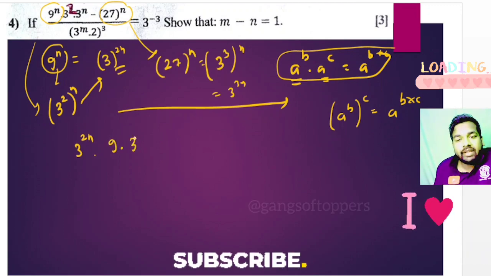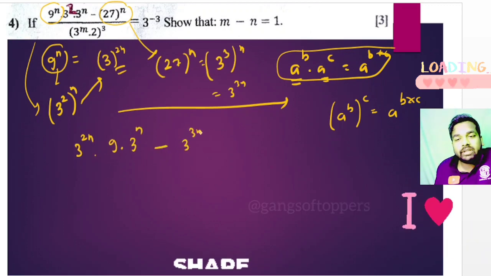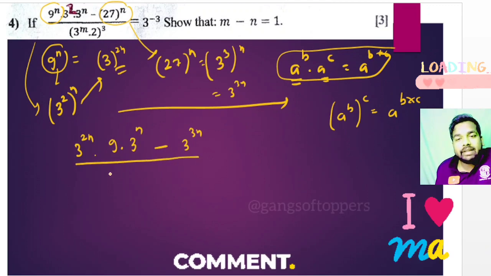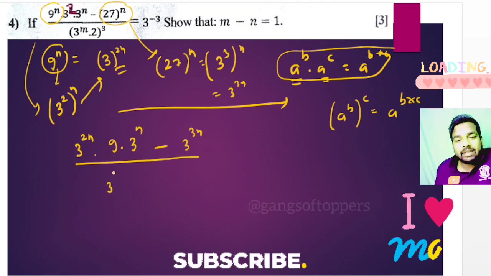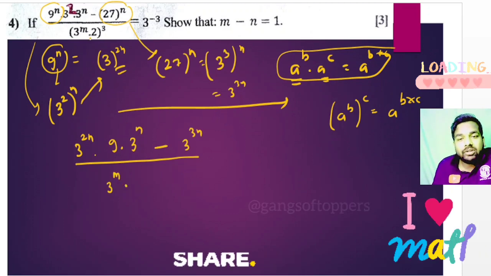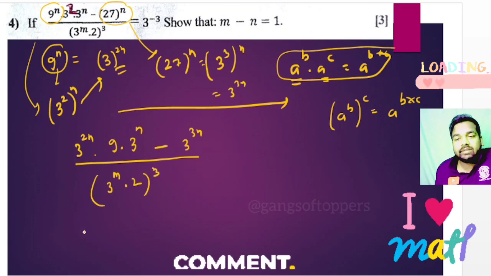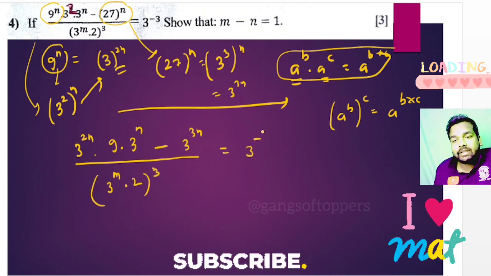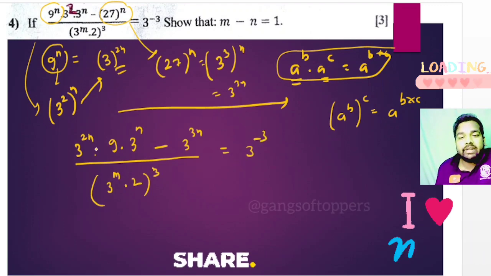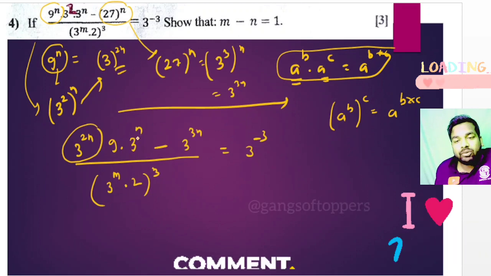In here, 3 to the power n minus 3 to the power 3n, divided by 3 to the power m. And since it is written as the whole power, and it is asking that it is written as 3 power minus 3. This is the question. Now we can say that from here this 3 power 2n and 3 power n,